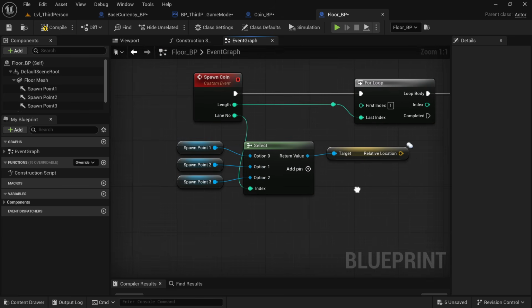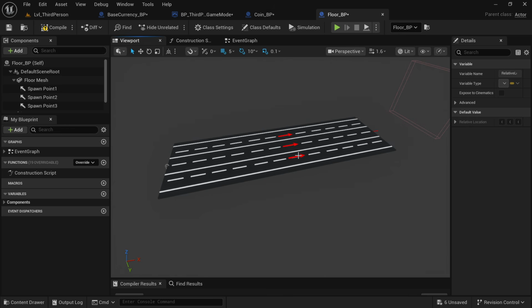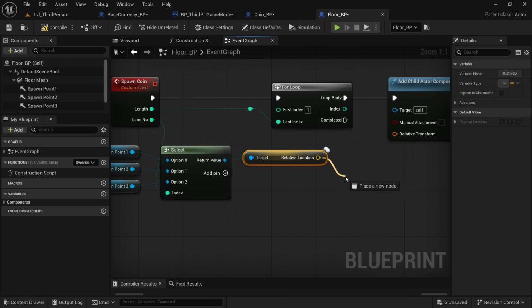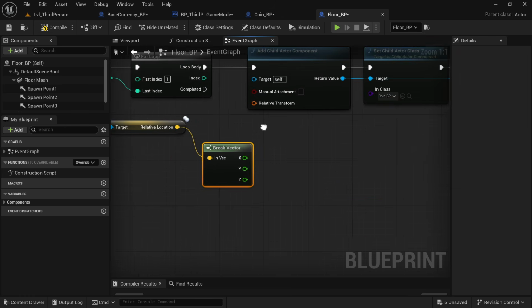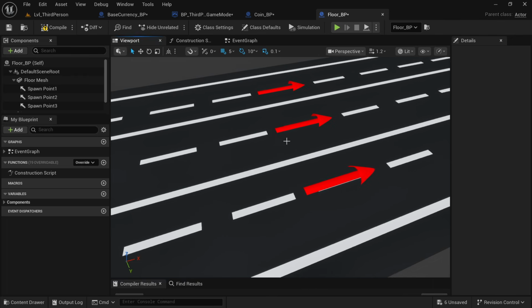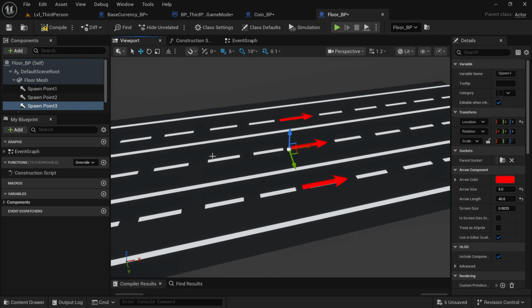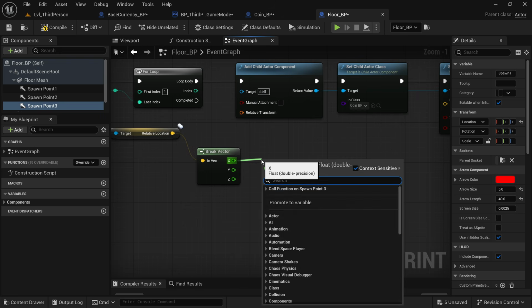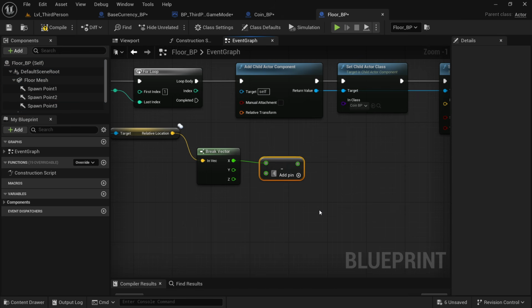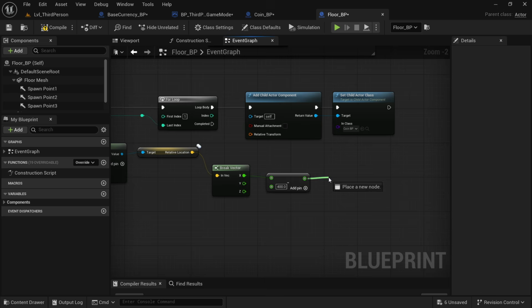Now here we get the random lane location, any one of these 3. So let's break this vector to get each axis separately. So let's say we get this spawn point location. We are not gonna start spawning our coin here. In fact, we are going to start it 400 units before this location, and from there we will start spawning in a continuous manner. So here let's subtract 400 units in the x-axis, and here let's get an add operator,